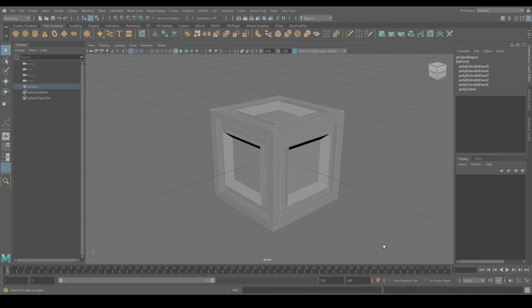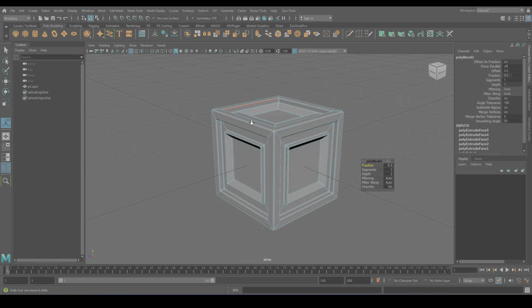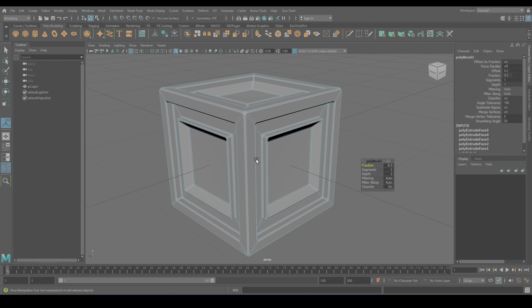Select all the edges that you have an interest in. In my particular case, I select all edges. Go to Bevel. Decrease a bit the fraction. Increase the segments.